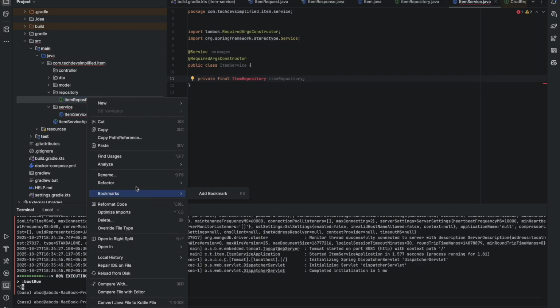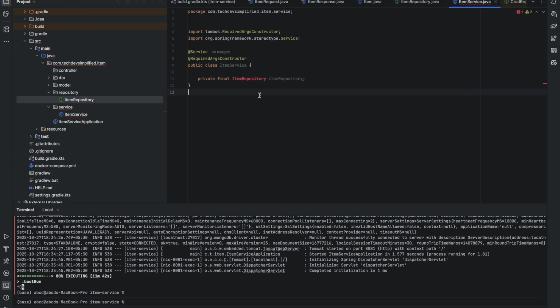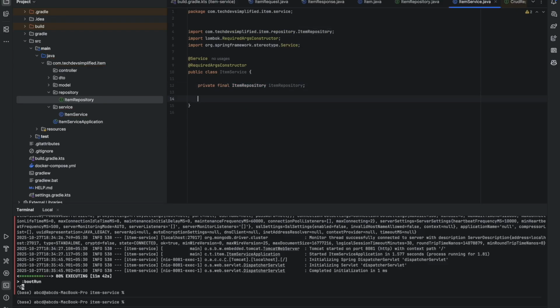We have to rename it. So we need a bunch of methods. One is to create an item, and second is to get all items. So it should be public void createItem,